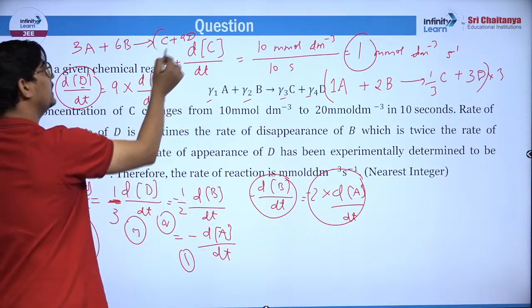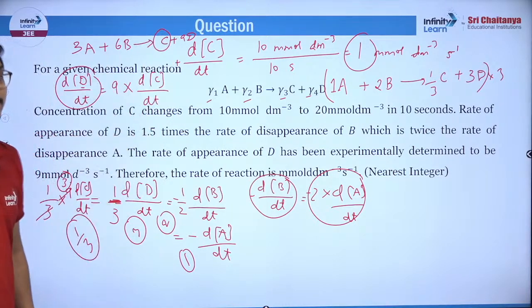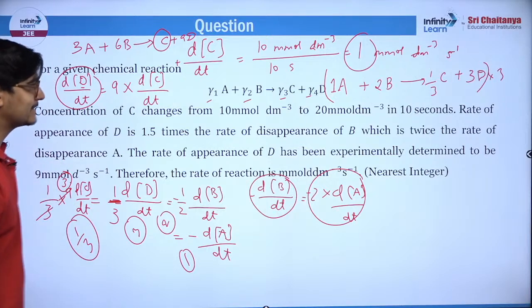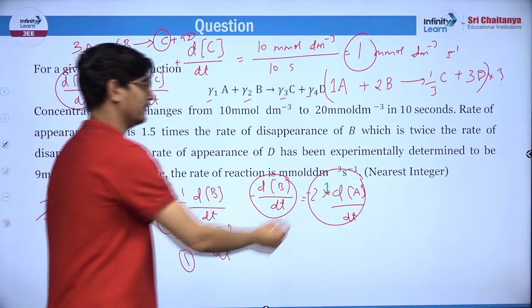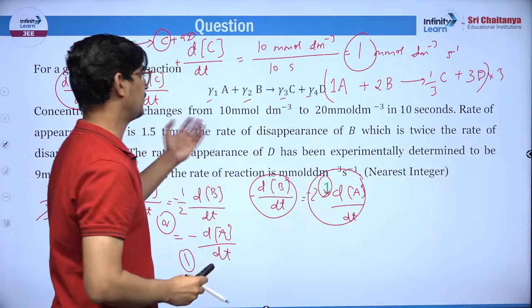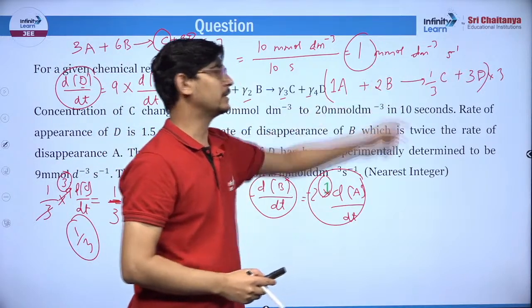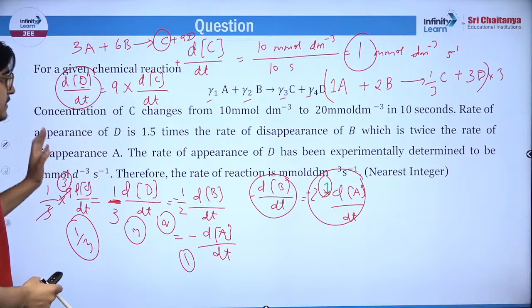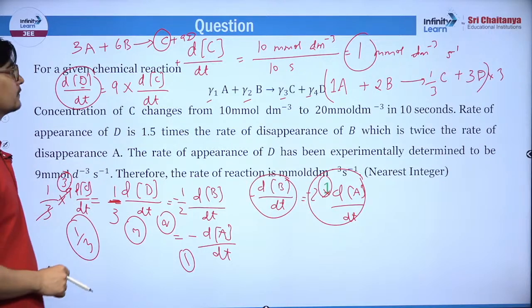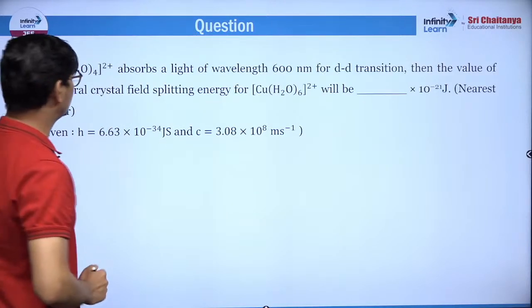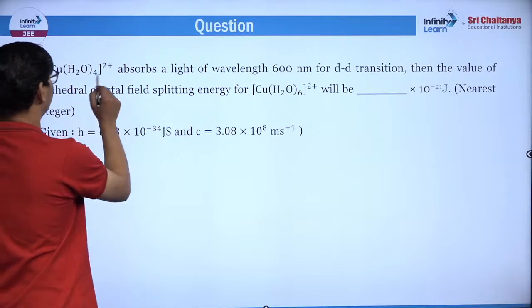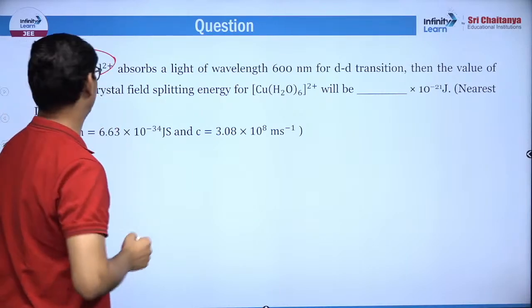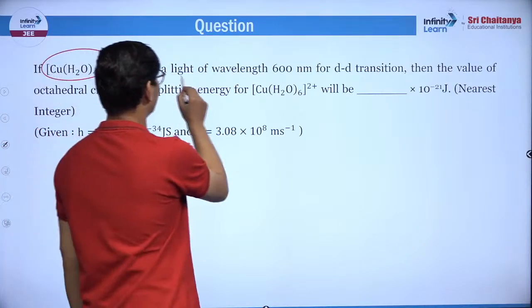So you can see the rate of reaction is same as the rate of formation of C. So the correct answer will be 1. Why? Because the rate of formation of C itself is 1 millimole per decimeter cube per second. So 1 will be your answer. Is that clear, guys? Then in this question, CuH2O4, so it's a 4 coordinate complex, absorbs a light of wavelength